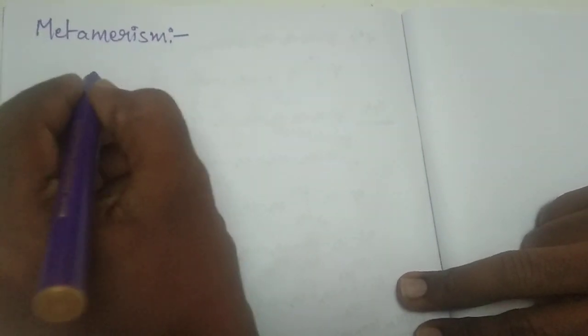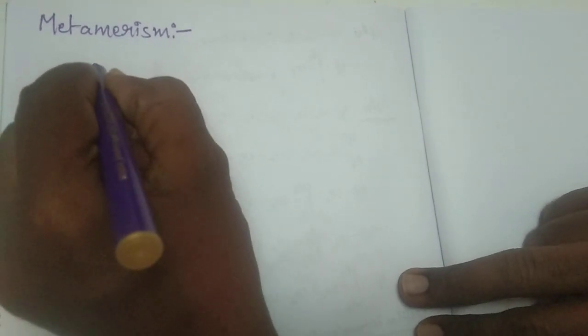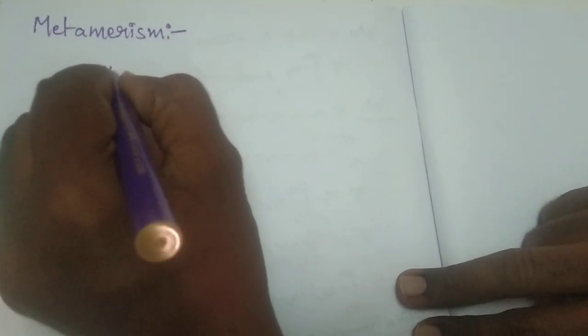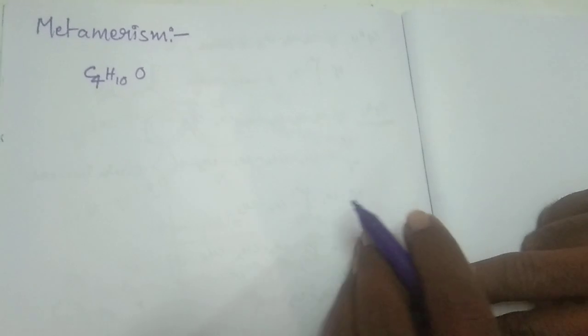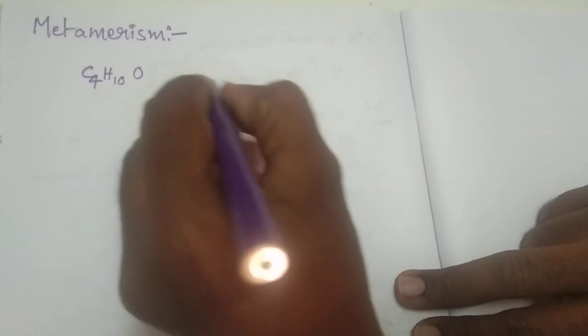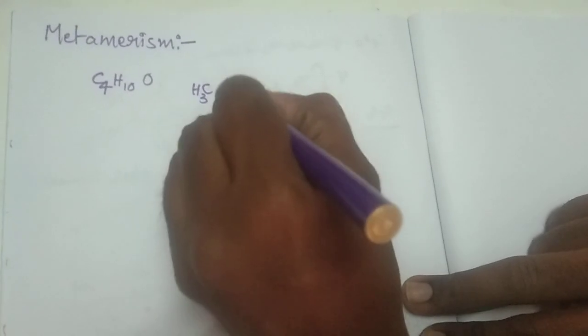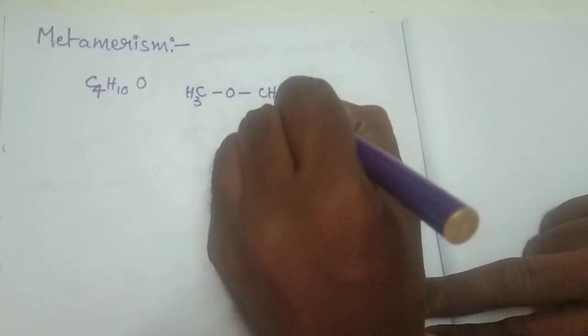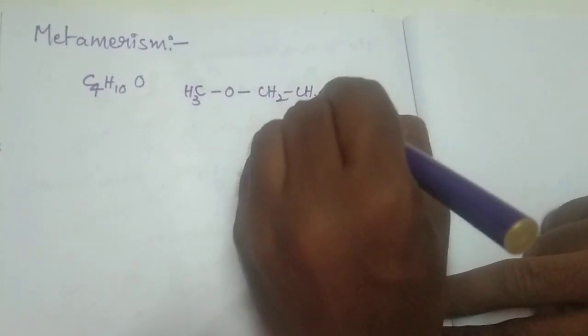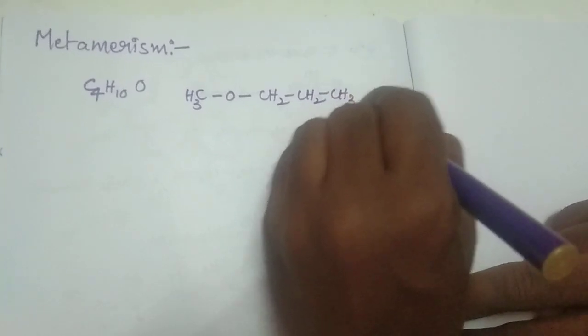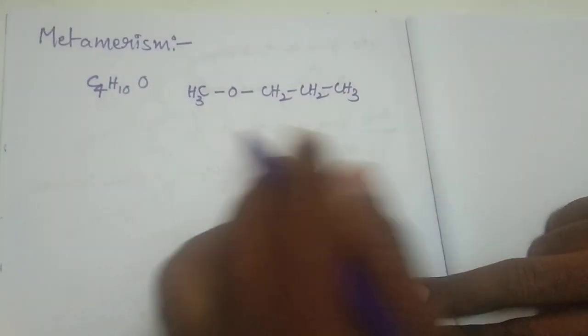For example, we take C4H10O. So here this molecular formula can be like this, or